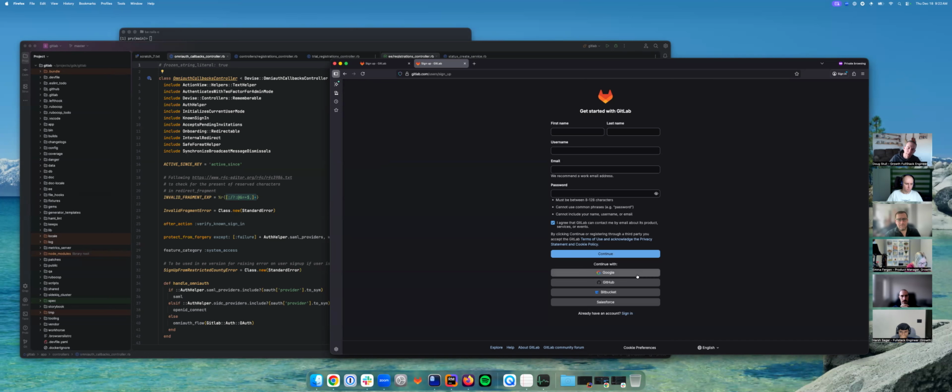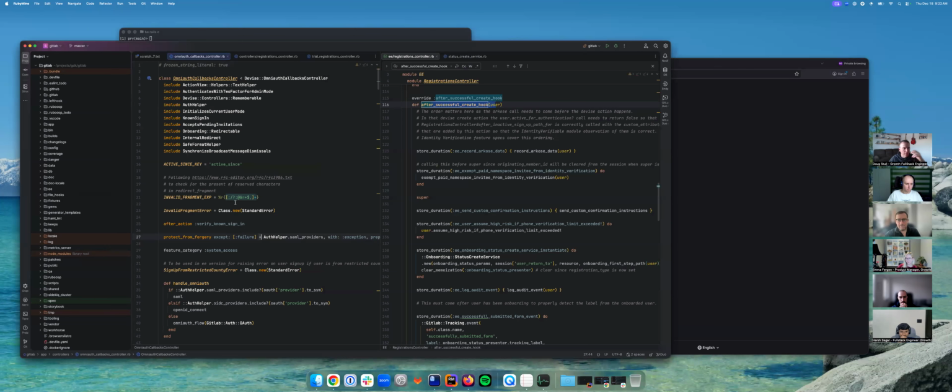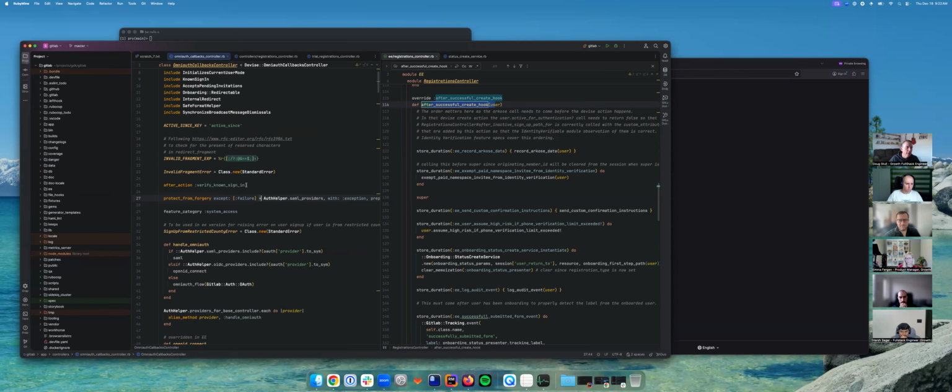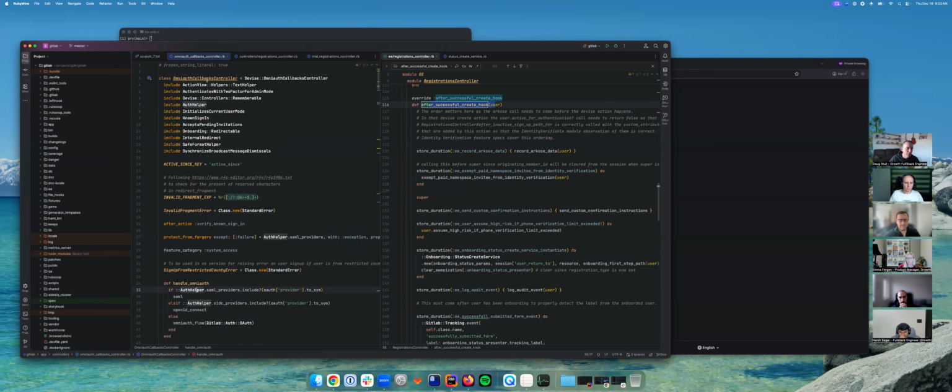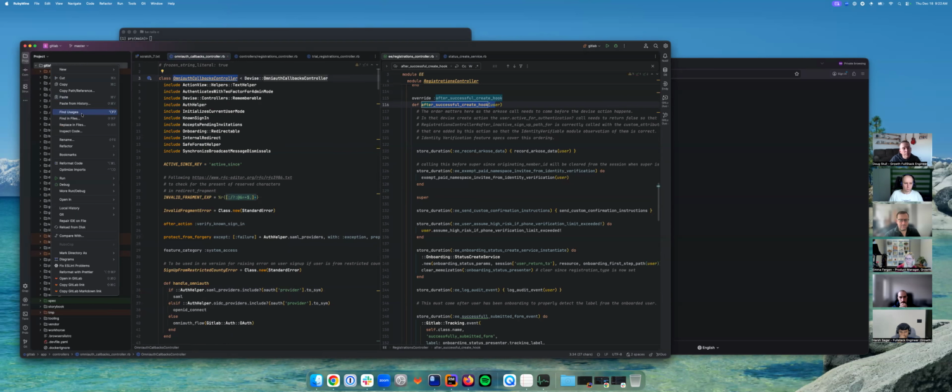As you know, when you click these things, and you can set up your local GDK to do it, I've done it a few times, it goes to that provider. You use them to sign on, it creates your account, and you come back to this controller right here. This is even more complex than the other area, yet it needs to intertwine with the user being created as well. It's more complex because if we were to look at this controller and see how many other controllers inherit from this,